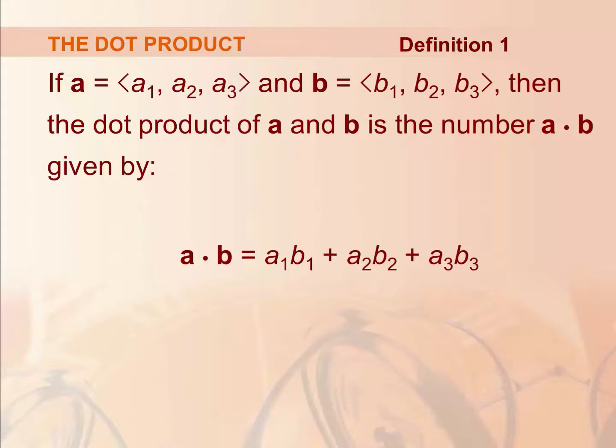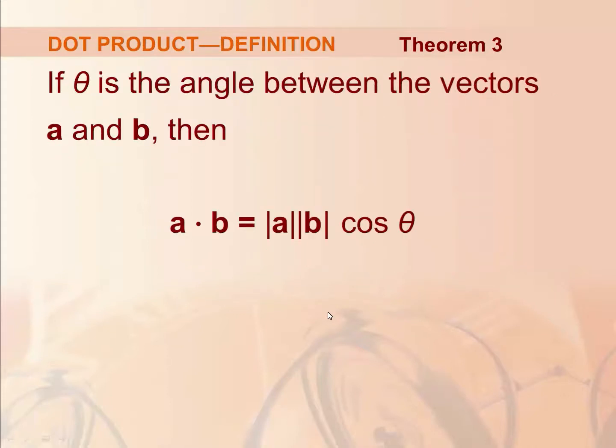We said that we have a vector A = (A1, A2, A3) and vector B = (B1, B2, B3), the components of the vector. A1, A2, A3, B1, B2, B3 are any real numbers. It's given by A dot B equals A1 B1 plus A2 B2 plus A3 B3, meaning A3 multiplied by B3. If theta is the angle between the vectors A and B, then A dot B equals the magnitude of A times the magnitude of B times cosine theta.